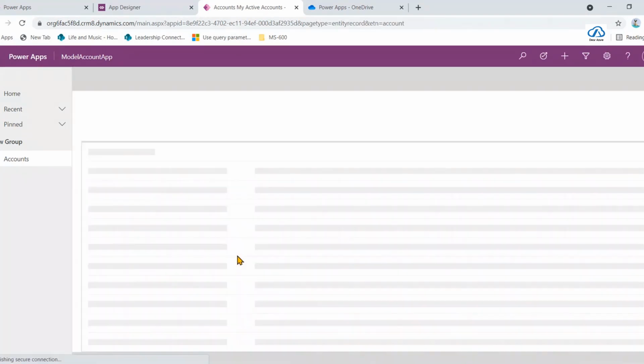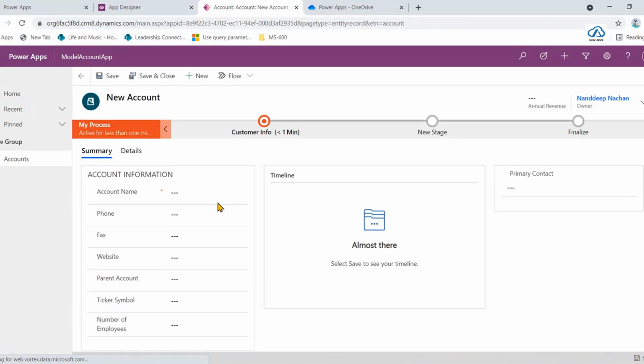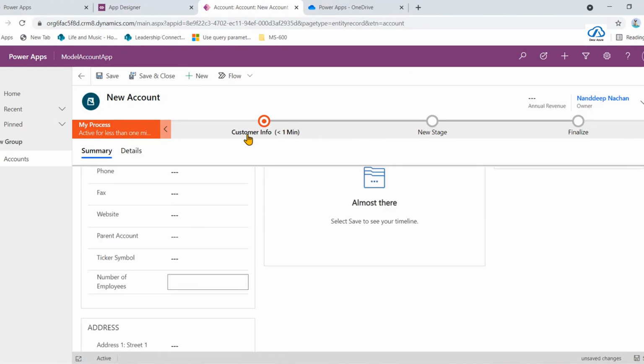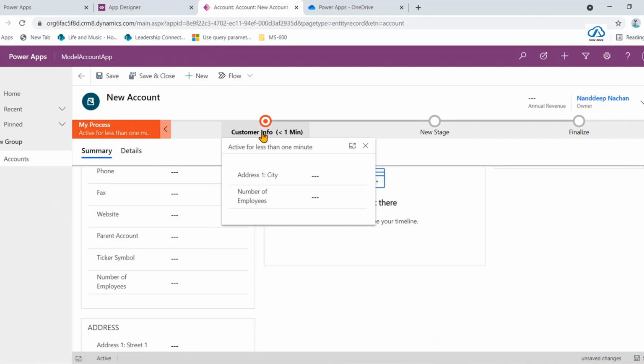From here, once you click on New, we'll be able to add all the information about the account. Let's say I just call it add item, and then any account that we want to get added. Again, we have those business process flows here, and then we have those stages. Based on the number of employees, we have those stages defined. Once you click here, you'll see that we need to at least give the city and the number of employees to pass this particular stage. In city, I will say Pune, and the number of employees we will say as